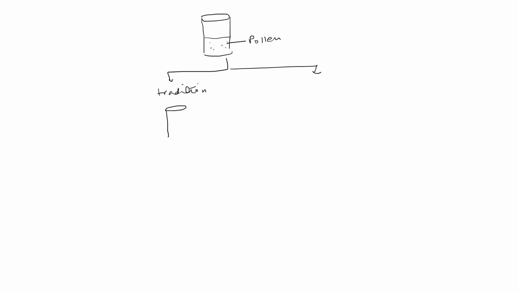What you need to do is make a solution of honey in water, and then you'll observe that these particles of pollen will be floating in water. To separate this pollen from the honey, you need to carry out a method of sedimentation, which can be achieved in two ways. One is the traditional method, whereby you allow the solution to stand undisturbed for a few hours and you let gravity do its work.